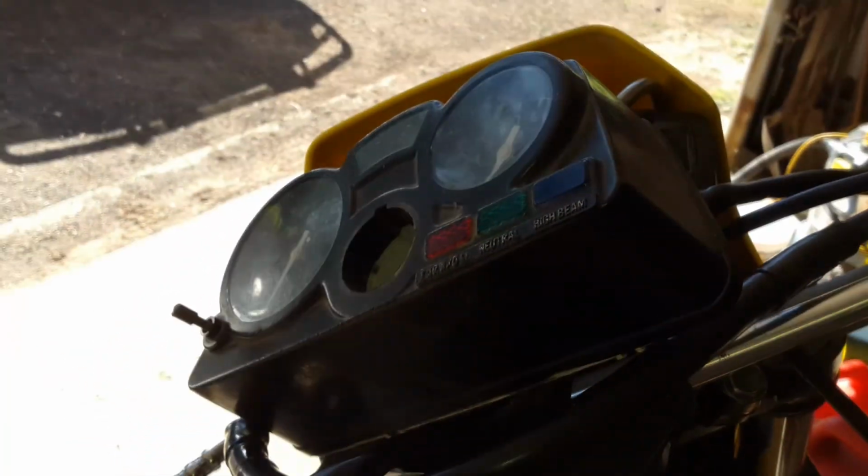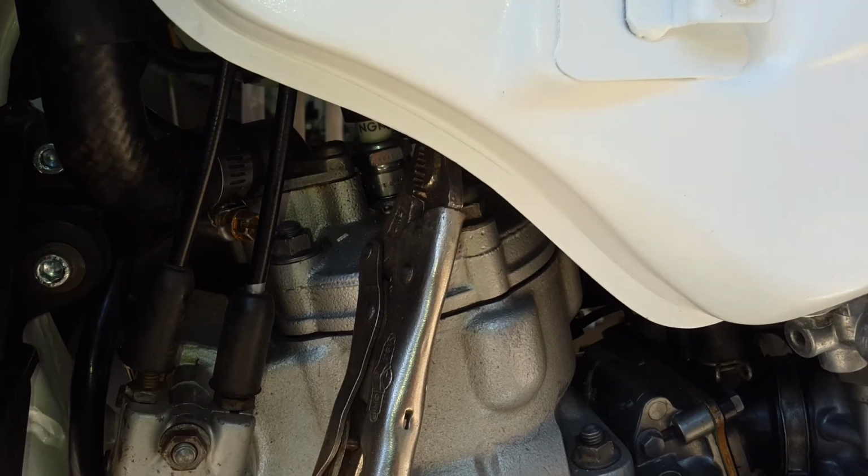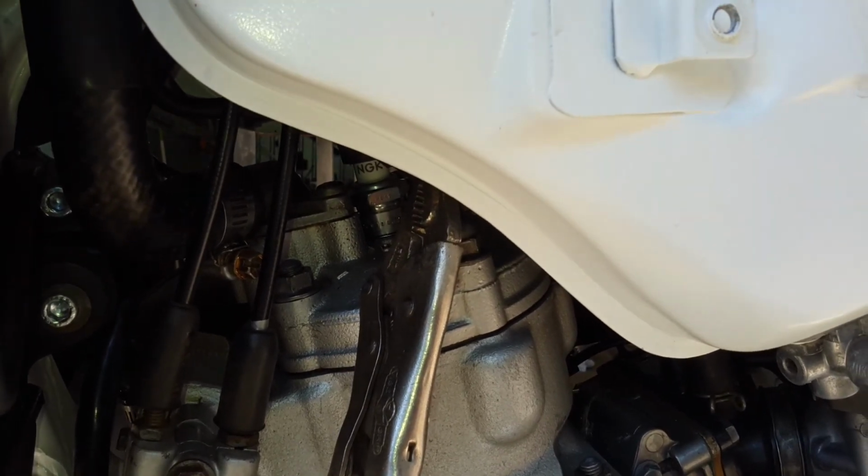I have previously set the RPM to almost exactly 2000. To do that I use the original gauges, which are smashed at the back, that's why I'm not using them on the bike anymore. And I've clamped the cable leading to the oil injection pump from the twist throttle, such that the pump is